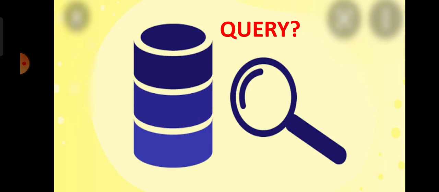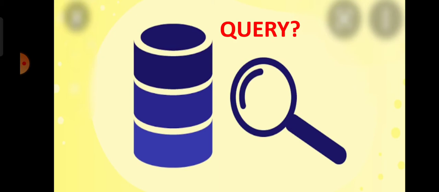But now you want to extract the records of students of class 8th and 9th only. And one more condition is there, that the list of students of class 8th and 9th who belong to Chhatarpur or who belong to Jhansi, means any one city. So it's a kind of a question which you are asking from the database. You want to access or extract that data from your database.